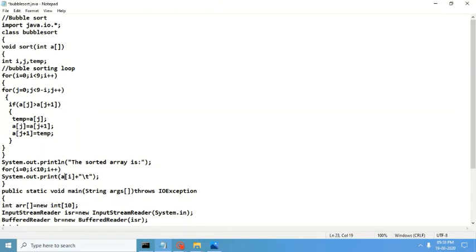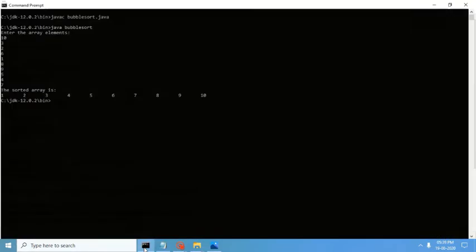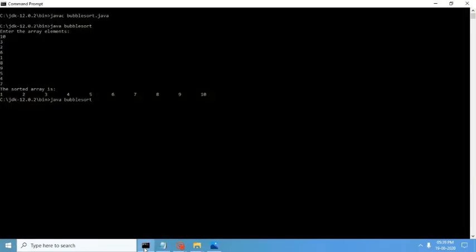So I'm going to save this program again using the same name. This is how the program will look like. Then I'm going to save it, file, save, and then I'm going to compile the program and execute the program.